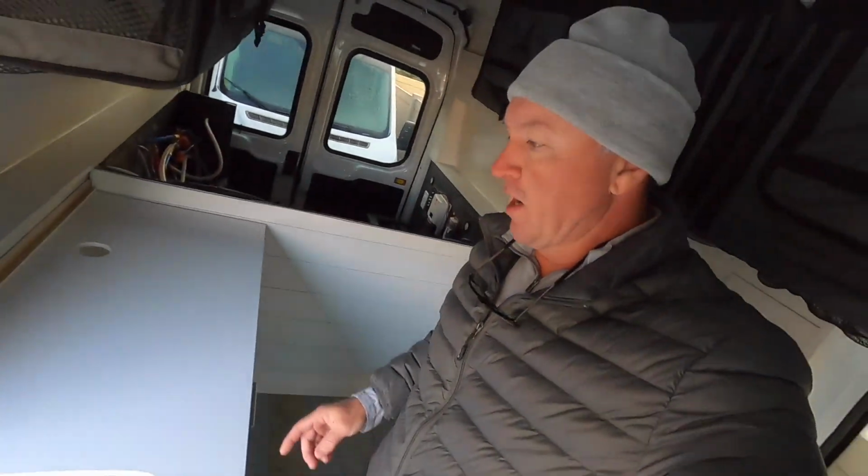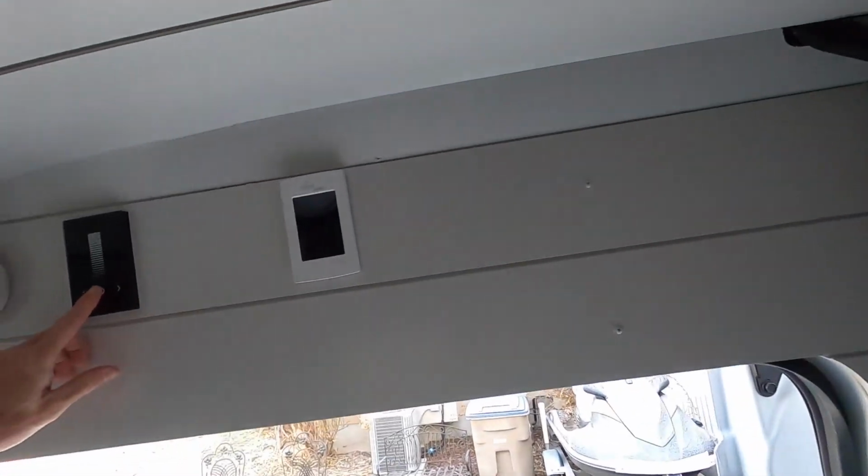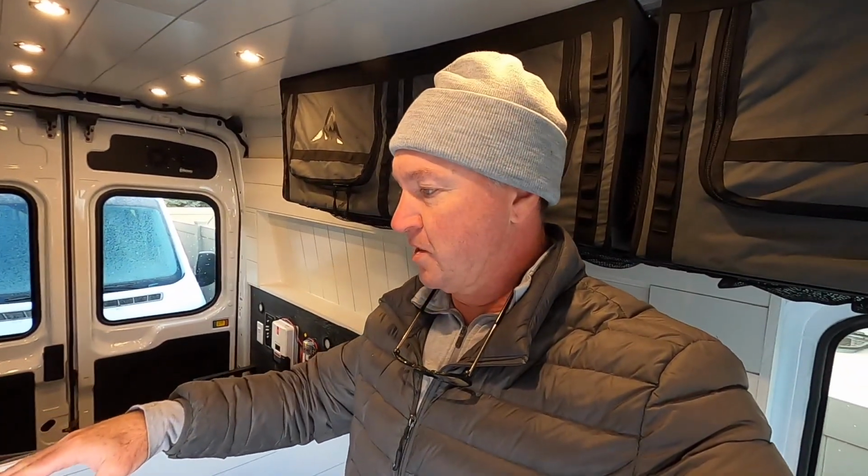I want to point something out, important. A lot of people try to make everything look flush. Trim is your friend in a van. Let me show you why. Here, let's turn those lights on. Jim's gonna, boom, let there be light. Isn't that gorgeous? So, you don't want to push your countertops all the way up against the wood because they